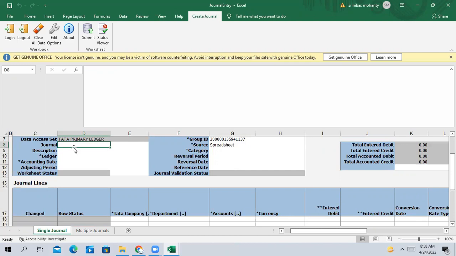Give your journal name, suppose Tata spreadsheet or Tata Excel journal. Description, I'll give the same description. Ledger, you have to select here which ledger: Tata primary ledger. Accounting date,